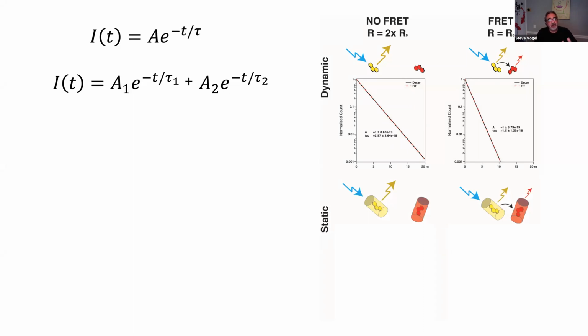And fluorescent proteins, unlike organic dyes, don't move fast. They rotate very slowly. So you cannot assume that kappa squared is going to be 2/3. You can assume that it's isotropic under certain circumstances, but you cannot assume it's 2/3. So in the case where you have very, very weak FRET at 2 times R0, again, it's decaying as a